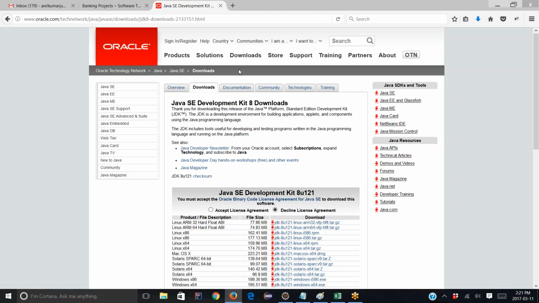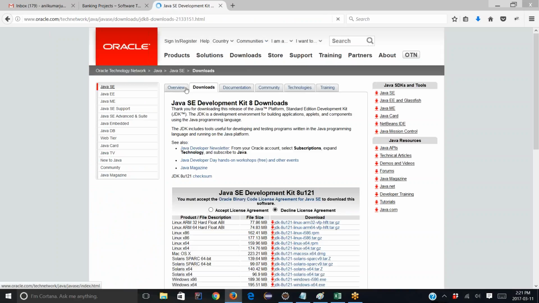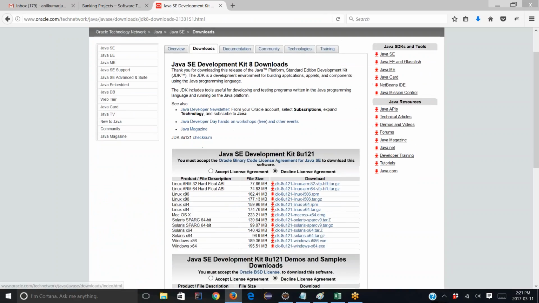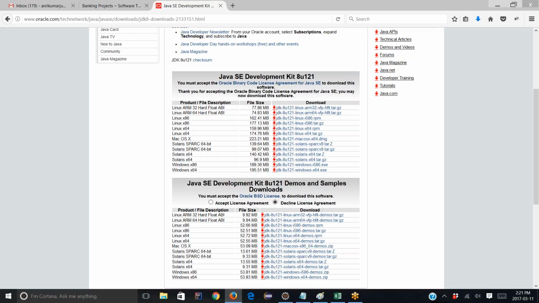So how to install Java? When you go to Google and type "Java 8 download", because the latest version is Java 8, it will show you the Java SE Development Kit. Click here, and on the Oracle page, Java SE Development Kit 8u121 is the version name, and it asks you to accept the license agreement. When you hit accept license agreement,